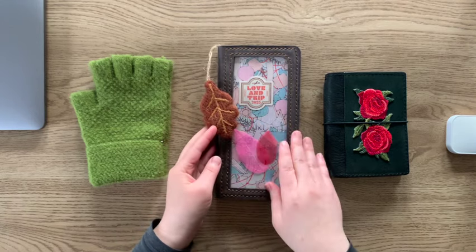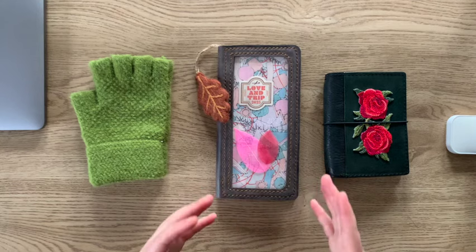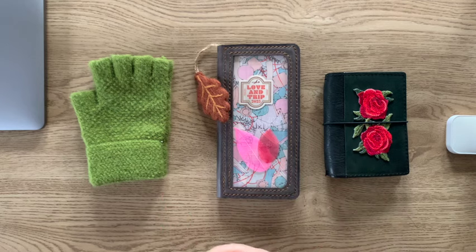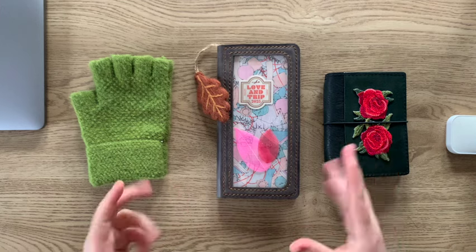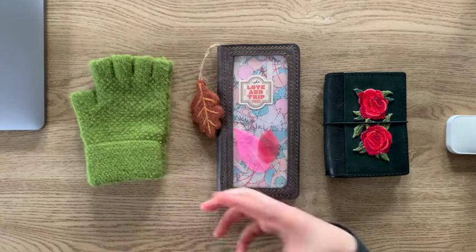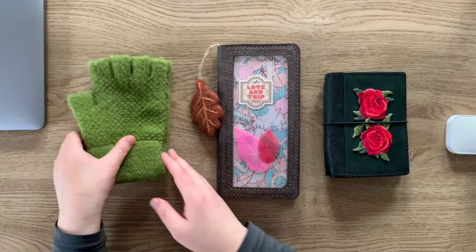This is something that I actually got the day that I had set up my Hobonichi Weeks, which was the day of our first snow. First and only snow so far, but I just had the motivation and inspiration to go out to the local gift shop and see what things were there. And I found this because I knew right away that I wanted to bring that into one of my setups in some way, but I definitely wanted to incorporate that. And I've got these lovely